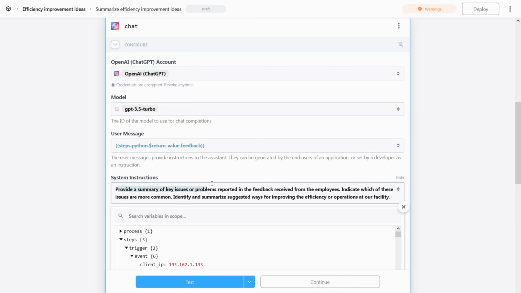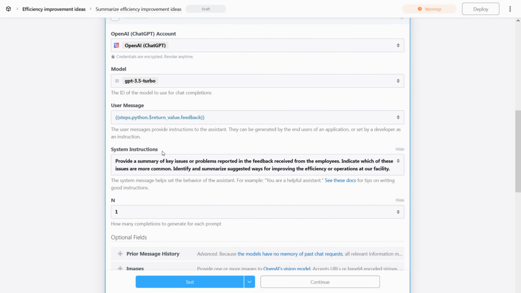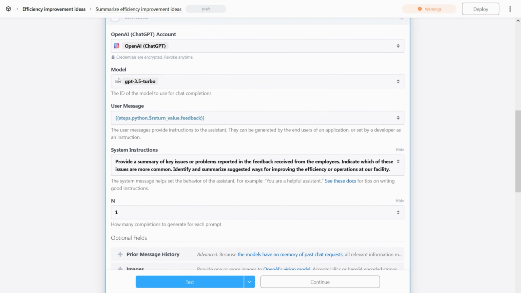So provide a summary of key issues or problems, and then indicate how common these issues are, and summarize suggested ways for improving efficiency or operation at our facility. So given these system instructions and the prompt, which includes all the individual feedback points, the model, in this case GPT 3.5 Turbo,